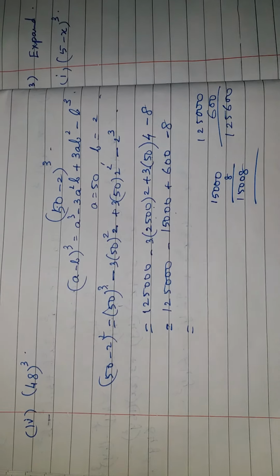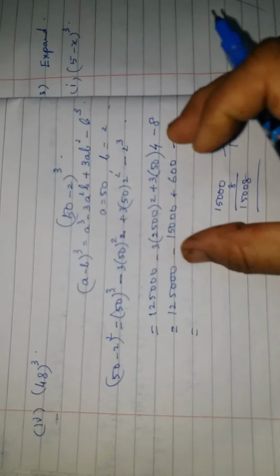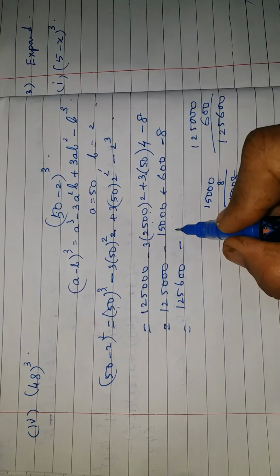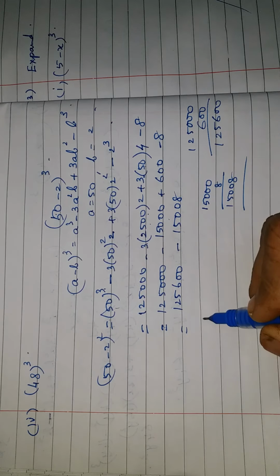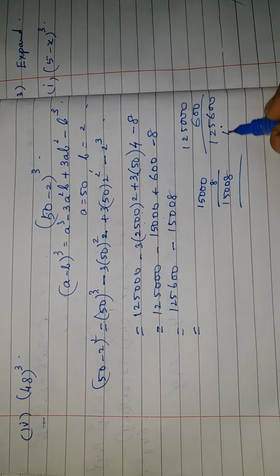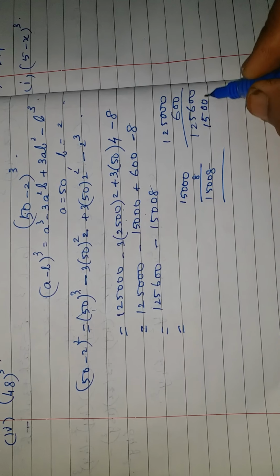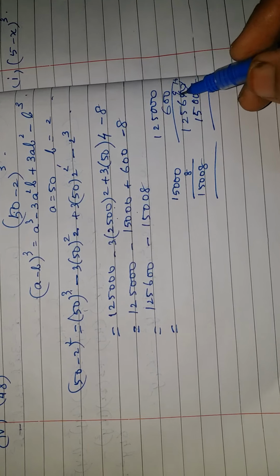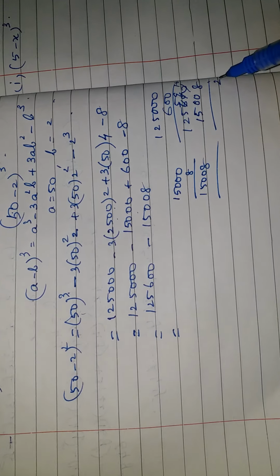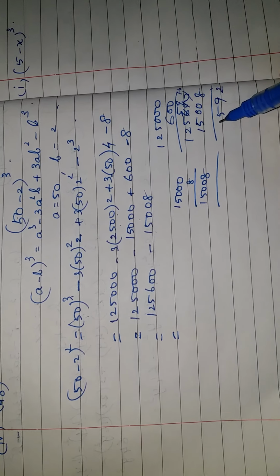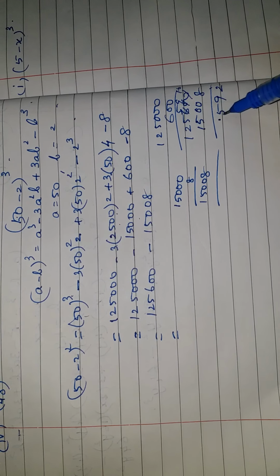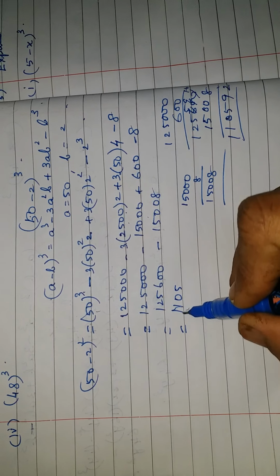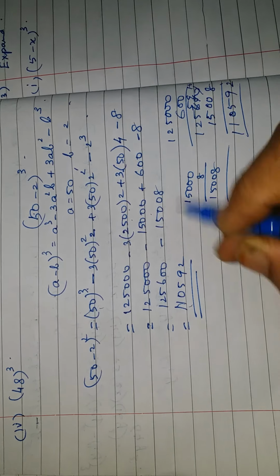So subtract this. Both the negatives you add up. So you write 125600 minus 15008. It is equal to, subtract 15008. Subtracting means this is 10, this is 9, this is 5. So 2, 9, 5, this you have 0, 1, 1. So here it is 110592. So this is your answer.